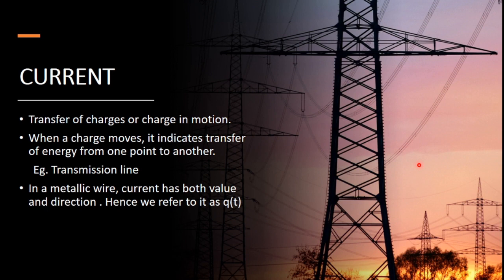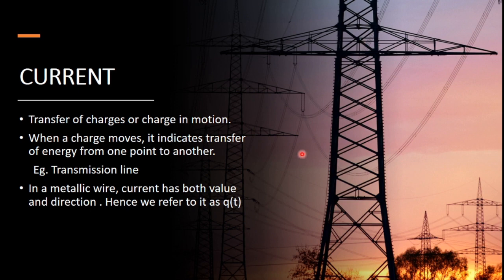So we saw that charges are the main thing for voltage also, charges are the main thing for current also. When a charge is stored in the same place like a battery or a power bank, those are called voltage sources. Whereas when charges move from one place to another, which is the transfer of charges, we come to a term called current.